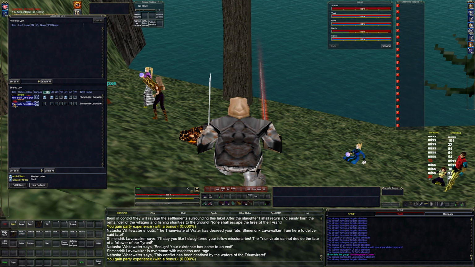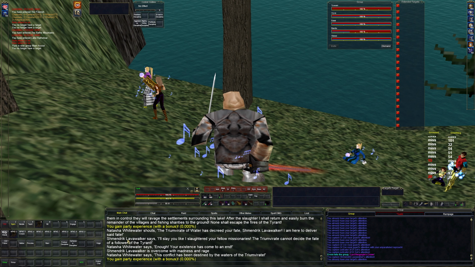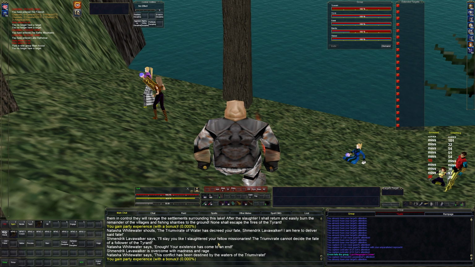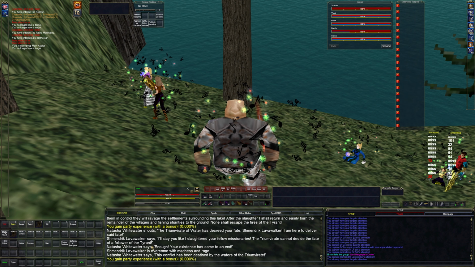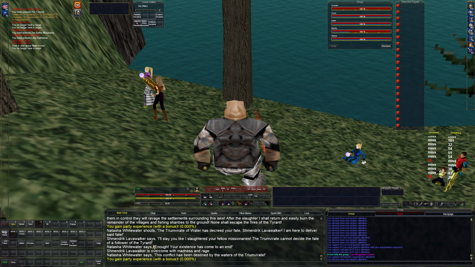Why not? Alright, so the Trimutive of Water has decreed your fate. Simdrick Waterwalker, I am here to deliver said fate. I'll slay you like you slaughtered your minion, your fellow mercenaries. The Trimutive cannot decide the fate of a follower of the tyrant. Enough, your existence has come to an end. Overcome madness and rage and the waters. Alright, now